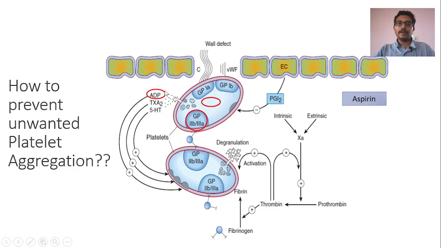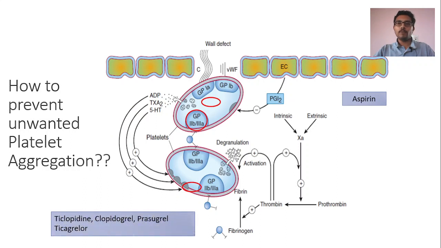Next, we have this ADP, adenosine diphosphate, which acts on purine receptors, P2Y12 purinergic receptors. We have drugs which block the P2Y12 receptors, and they are ticlopidine, clopidogrel, prasugrel. These 3 are irreversible blockers, and ticagrelor, one more drug is there called cangrelor. These are the reversible blockers. And finally, we have the third target, that is GP2B3A, which is the binding site for the fibrinogen. We have drugs which block the GP2B3A. These are the tongue twister drugs, abciximab, eptifibatide, and tirofiban.